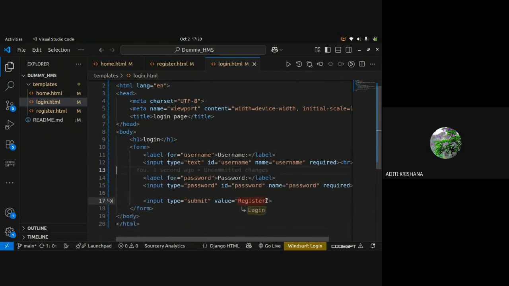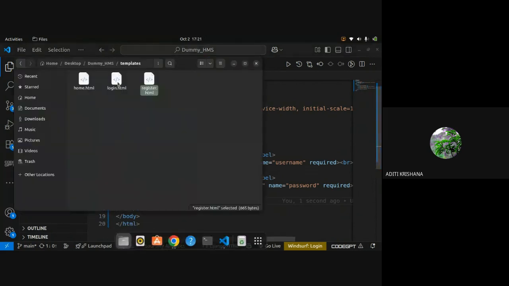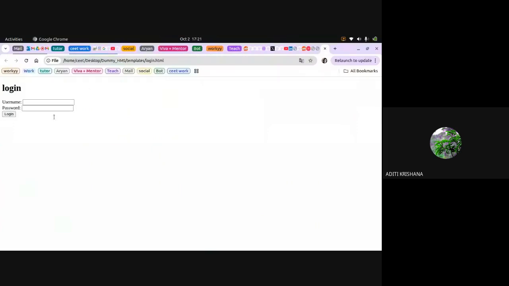Yes, so I created this login page. I'm taking two inputs only, username and password. And similarly, I can see how my login page looks. So this is my login page.